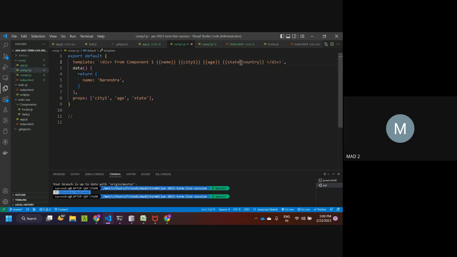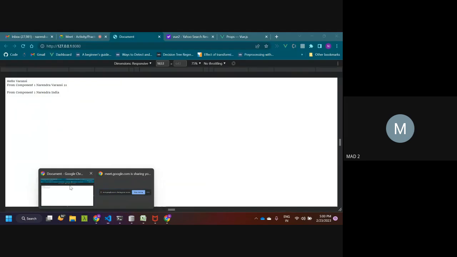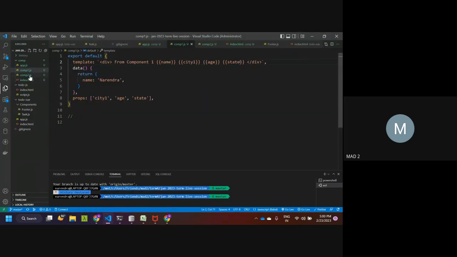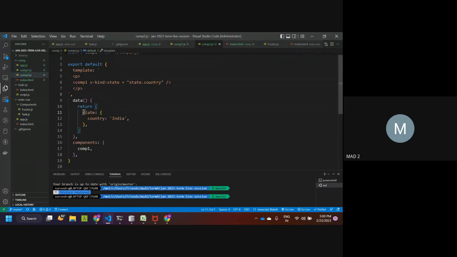And now if I remove this, you can see the India here. So I'm able to pass the property of this state object,